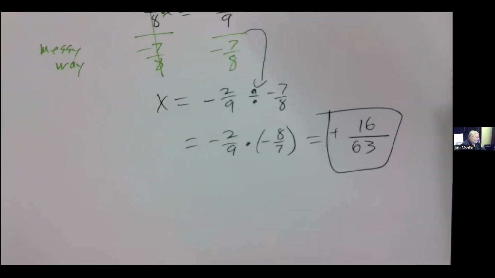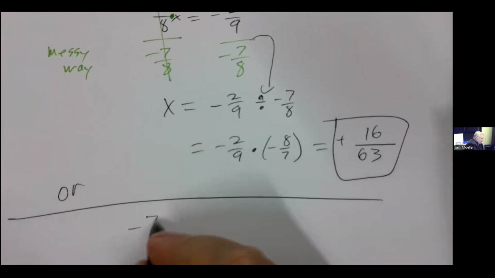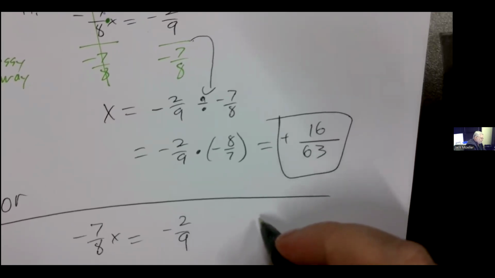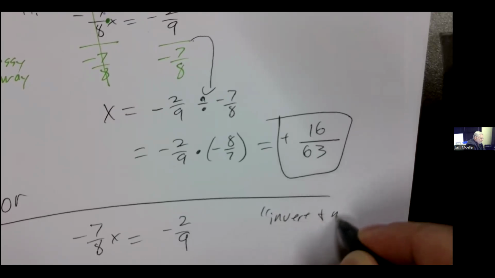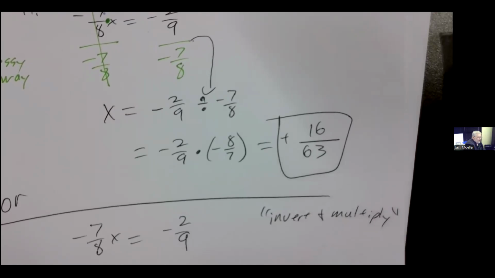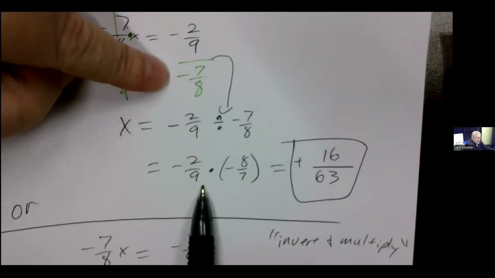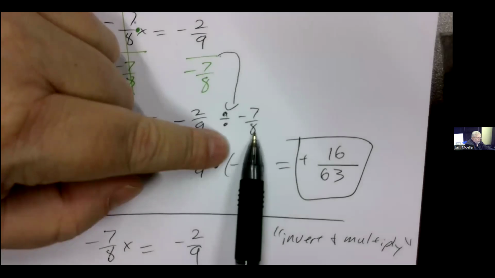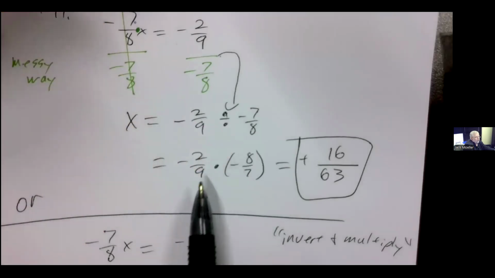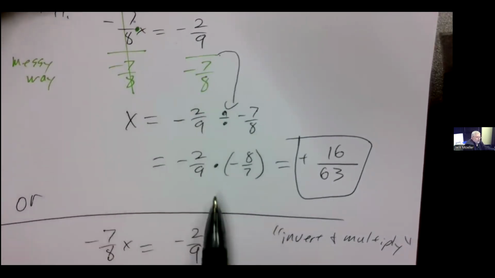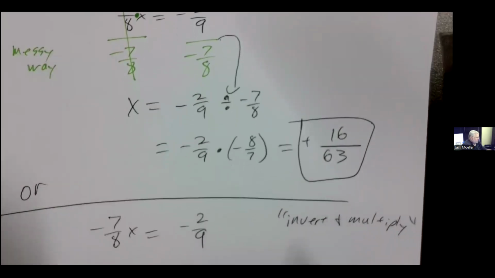So that's sort of the messy way. Is there a quicker, less messy way to do this? I'm not big on mnemonics, but I'm going to call this the invert and multiply process. The reason this works is, once we divided both sides by negative 7/8, what did we have to do? We had to invert the negative 7/8 and then multiply. One of the nice things about this being an equation is that we can skip this part and go directly to here. So when I say invert and multiply, what I mean is instead of dividing by negative 7/8,